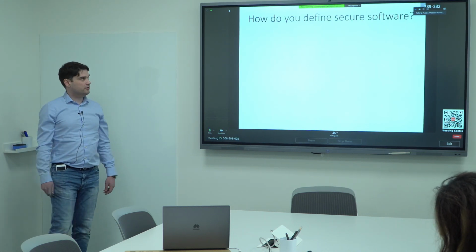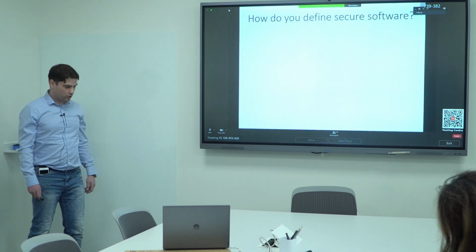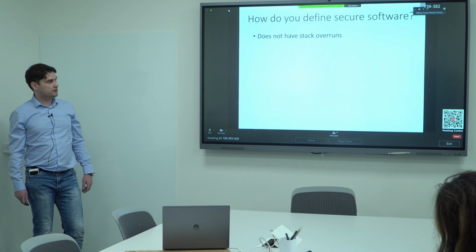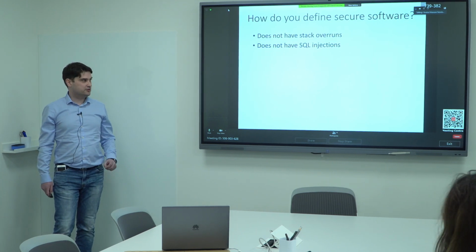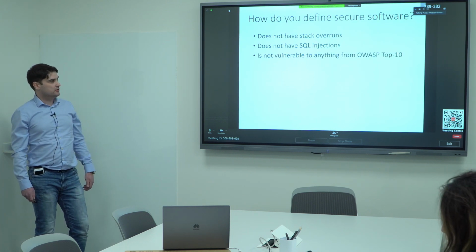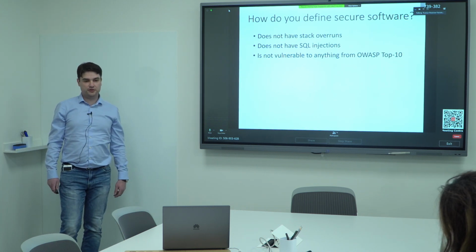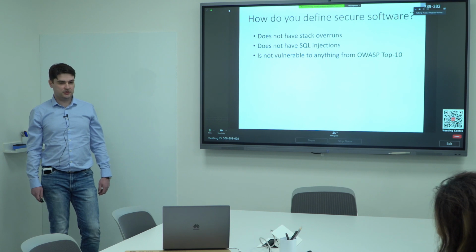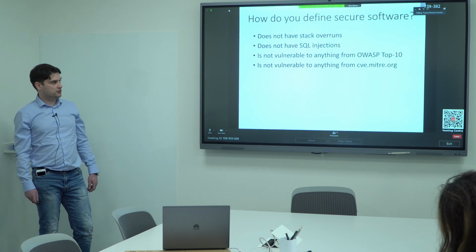So how do we define secure software? When we just start working on software security, we may associate it with some specific problems like stack or buffer overruns, SQL injections, something very specific. And as we progress, we generalize our understanding. So, for example, we may say that it shouldn't be vulnerable to anything from the OWASP top 10 list, which concerns only web applications. And then we can generalize it further, saying that it shouldn't be vulnerable to anything from